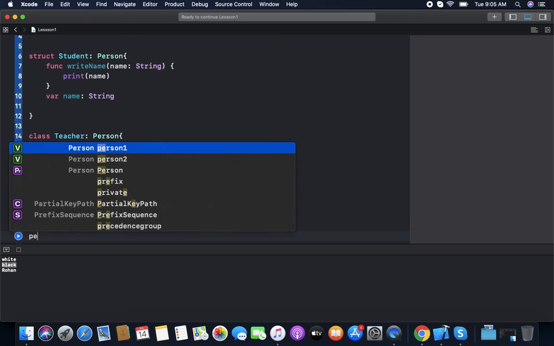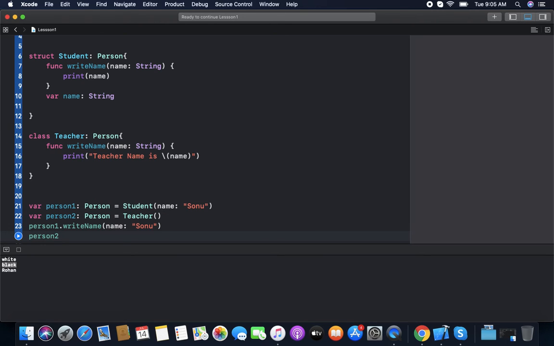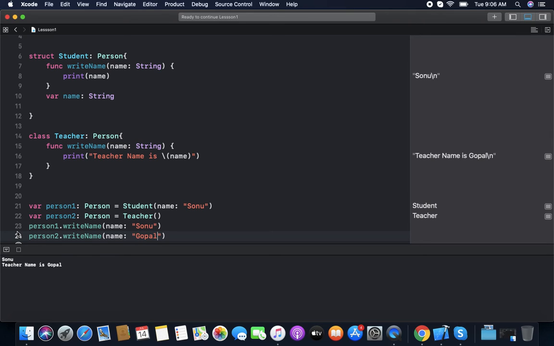Now we have person two with write name, and we have a teacher called Gopal. Now we run this, and you can see it will print according to the implementation of the object.